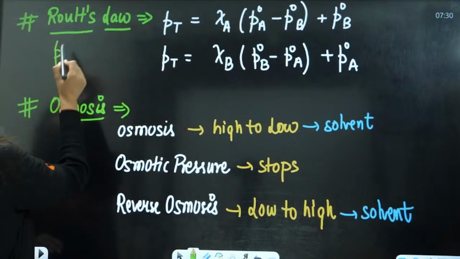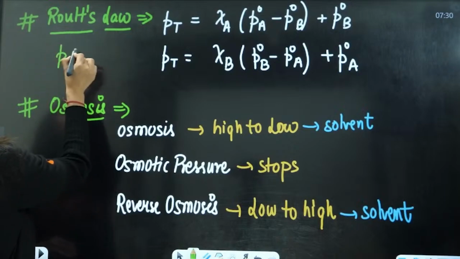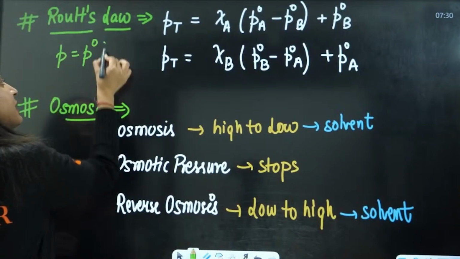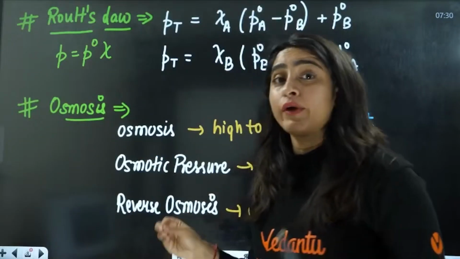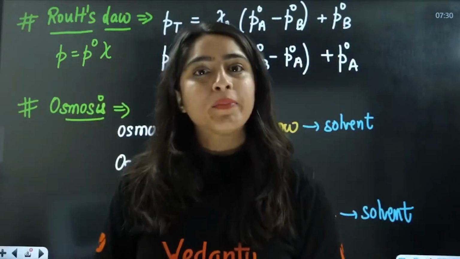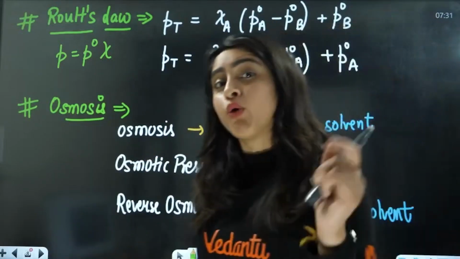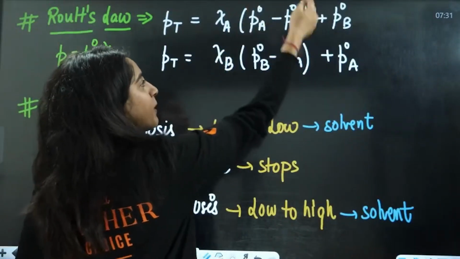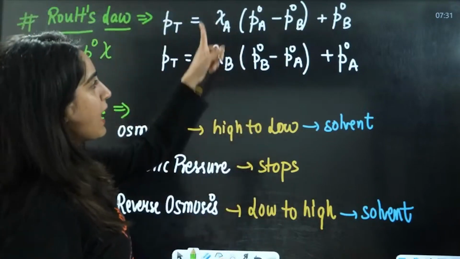Usually, Raoult's law states that the partial pressure of any component is equal to its vapor pressure in pure state multiplied by its mole fraction. Okay, this is Raoult's law. Now when we are mixing components A and B, the total pressure is equal to pressure of A plus pressure of B. Now we are converting that into mole fraction of just one component. So how will we write it? P total equals x_B (P_B naught minus P_A naught) plus P_A naught. Okay, if you want to calculate in terms of A, just write it with A instead of B.